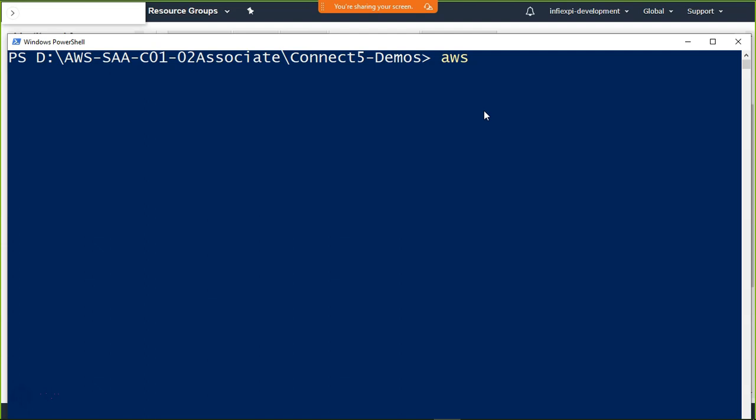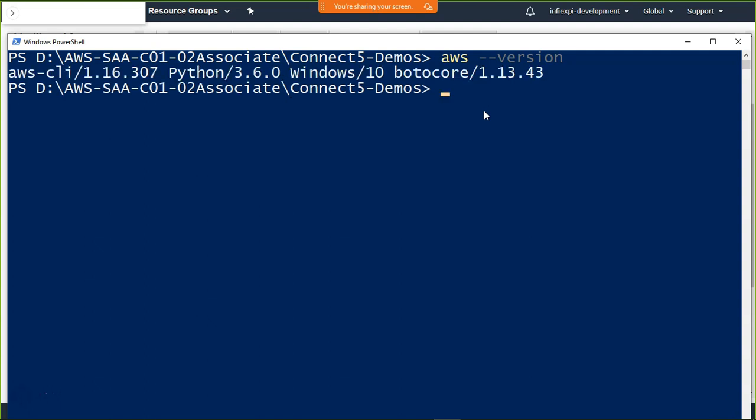Now, AWS is the command that we are going to use. That's the one test that we have done right now: aws space --version. It gets you the version output. If it's not coming, then you don't have the AWS CLI installed on your machine. Please be noted about it. By this way, you can check whether you have the AWS CLI installed or not. If you're a first-time learner, then obviously you will not have it. You have to manually install it,